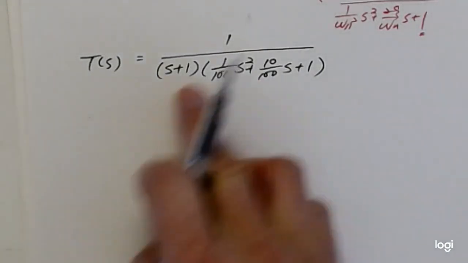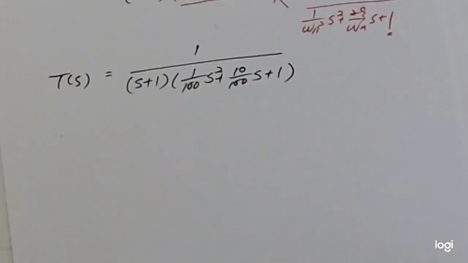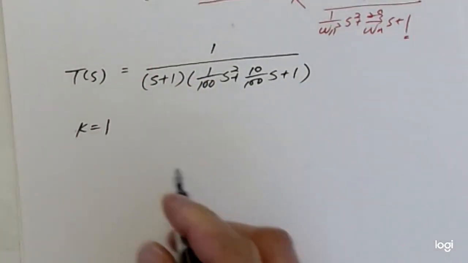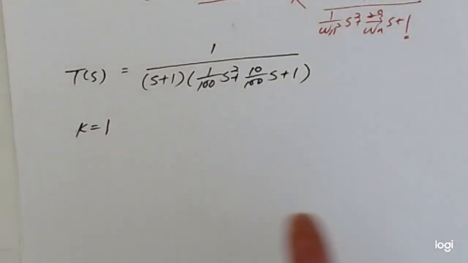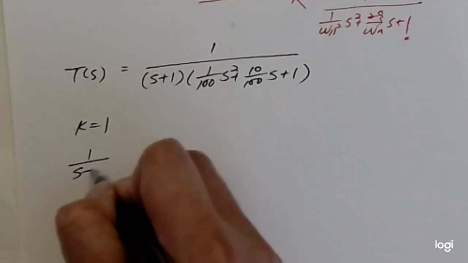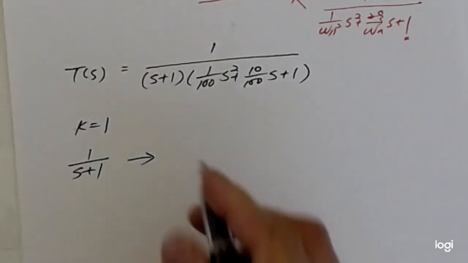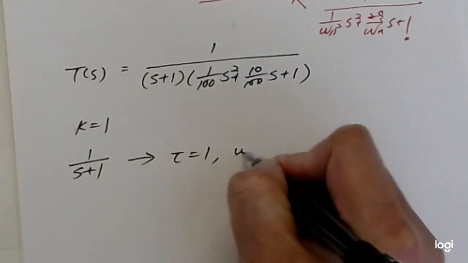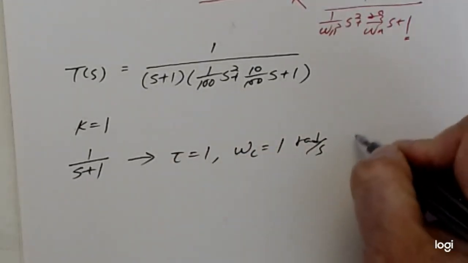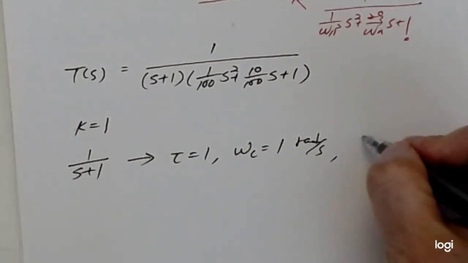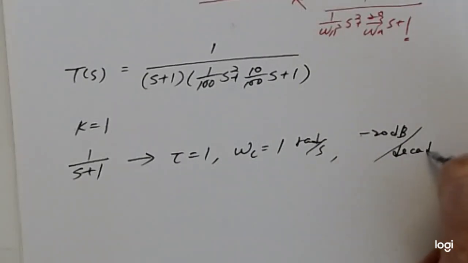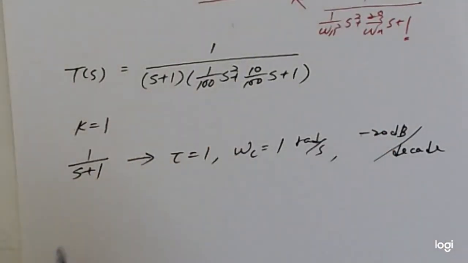Okay, and actually the coefficient is 1, so we can break it: k equal to 1, so it's 0 dB, so it doesn't matter. The other will be 1 over s plus 1, so tau equal to 1, omega c equal to 1 over 1, it's 1 radian per second. This is a first order system, 20 dB per decade, and then this one